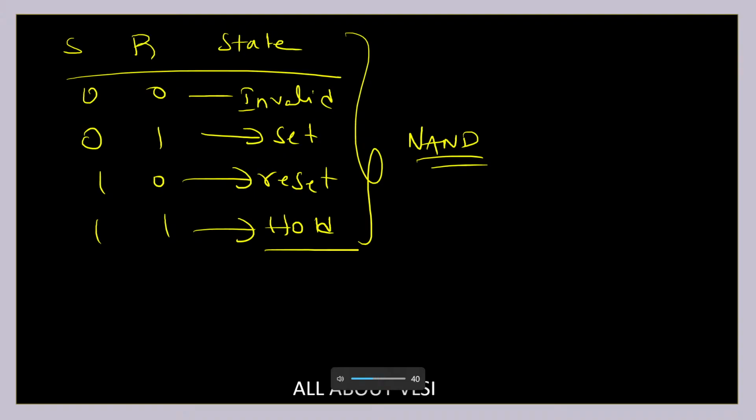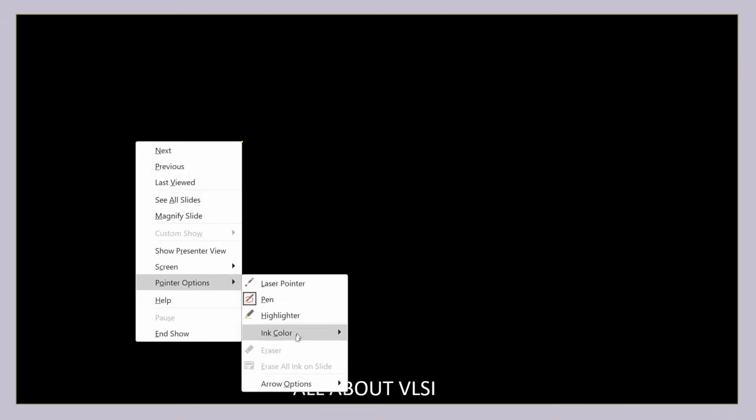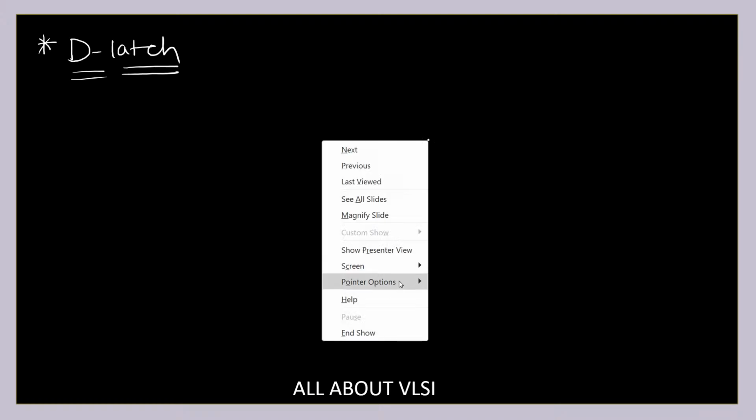Now let us see the other latch, which is the D latch. The D latch is also known as the data latch. Whatever input you give is reflected at the output. That is nothing but my D latch. Let us discuss that, but before the D latch, let's discuss the JK latch. It will be easier discussing the JK latch because